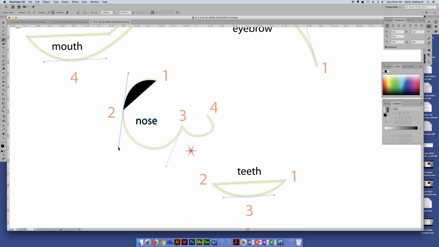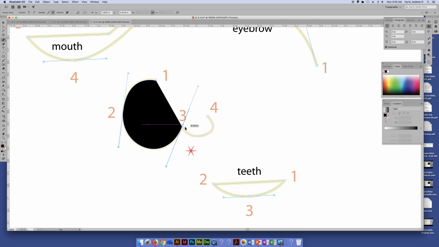Is there another way to alternate the horizontal and vertical, or is that just the best way? For this, that's the best way to do it. It depends what you're drawing, really. That's why saying alternating isn't exactly the best choice of words. But for the purposes of this, and just because of how we're drawing this shape, you need to hit Alt, and while holding Alt, drag that handle down,